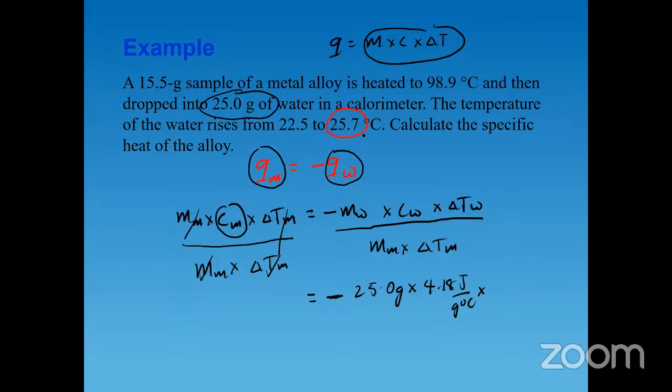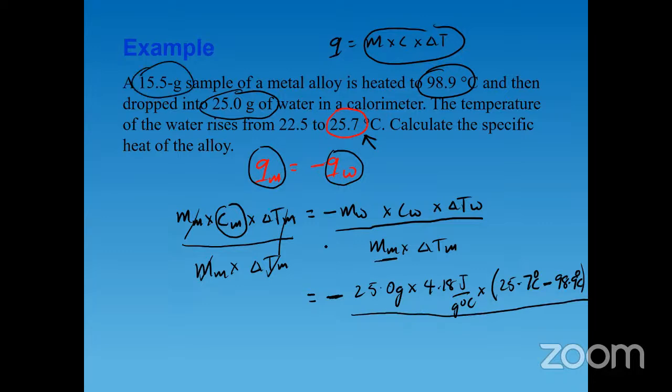Remember I said that the final temperature of the water would be the same thing as the final temperature of the metal, right? So here we're going to put 25.7 degrees Celsius minus the initial temperature of the metal, which is 98.9 degrees Celsius, all right? And then now we divide all of this by the mass of the metal. What's the mass of the metal? 15.5 grams times the change in temperature of the metal. What's the change in temperature of the metal? Final temperature, which is 25.7,